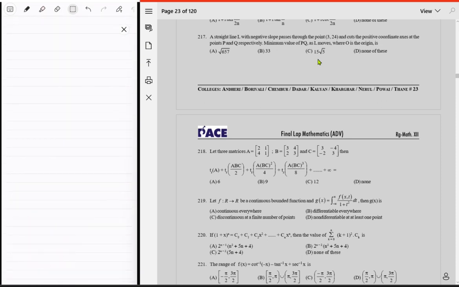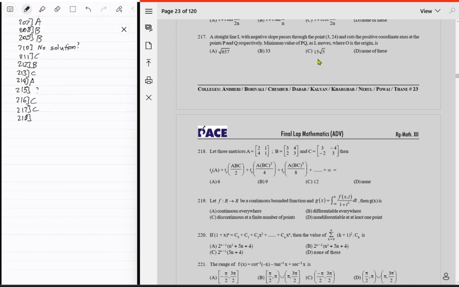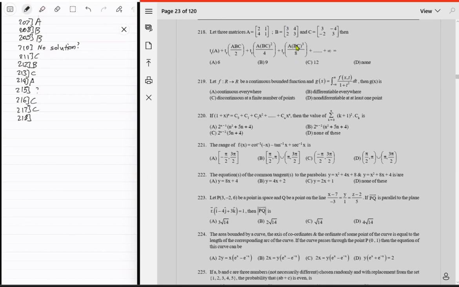218. Let the matrices... ओके दे दी तुम लोगों ने हमें. देन ट्रेस ऑफ ए प्लस ट्रेस ऑफ ए बी सी अपॉन टू प्लस ट्रेस ऑफ ए टाइम्स बी सी का स्क्वायर अपॉन 4 एंड सो ऑन. ओके सो बी सी अपॉन टू, बी सी अपॉन टू का स्क्वायर एंड सो ऑन, राइट. ये जो चीज है दैट इज देयर ऑल द टाइम. ट्रेस ऑफ ए. ओके